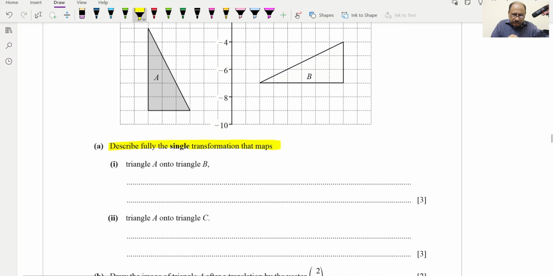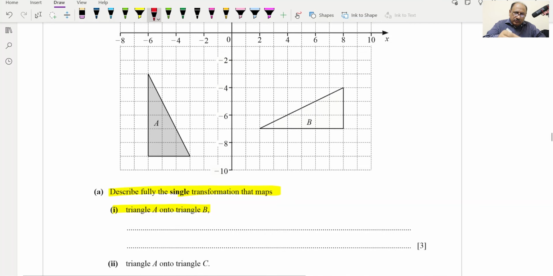Describe fully the single transformation that maps triangle A onto B. So if we check A and B, we can see it is basically rotated about 0 and minus 1. 0 and minus 1 will be over here. So it's rotated 90 degrees. If we draw the line, we can check also like this one, and if we join this as well,